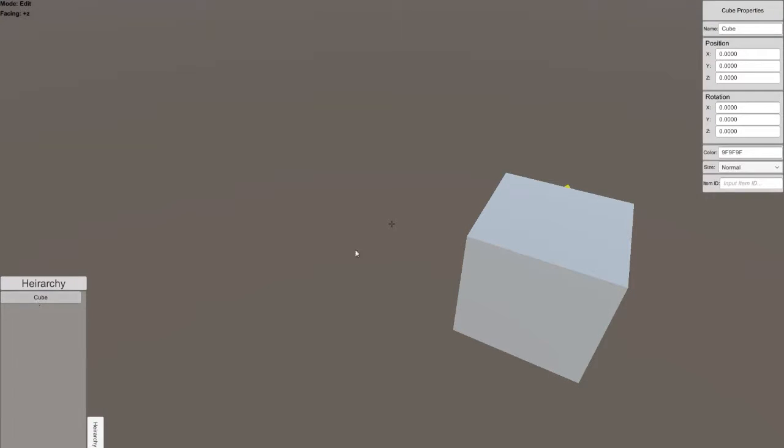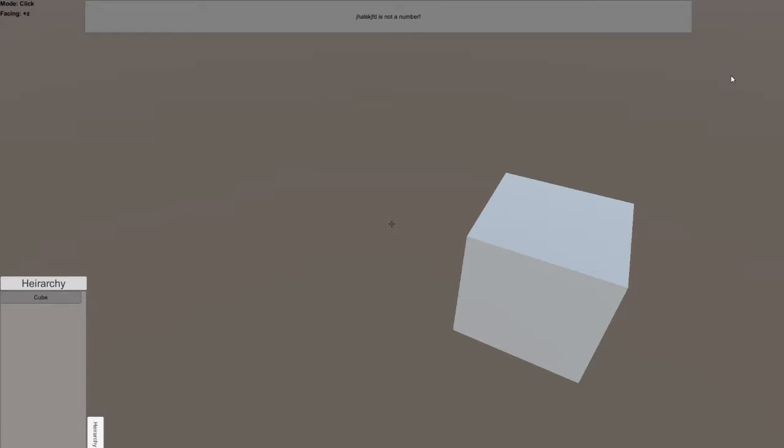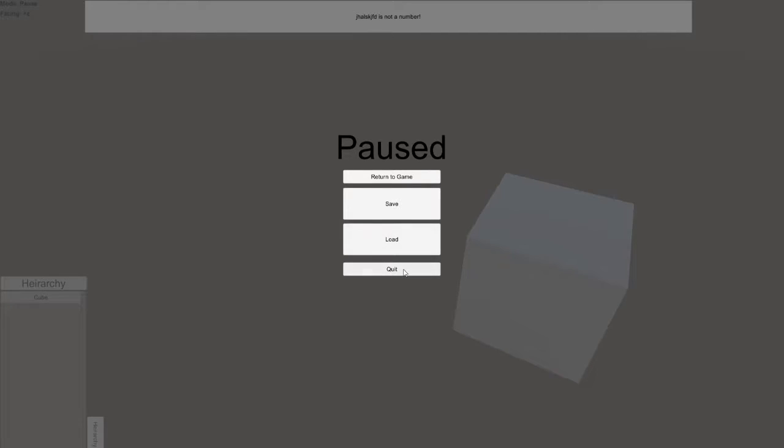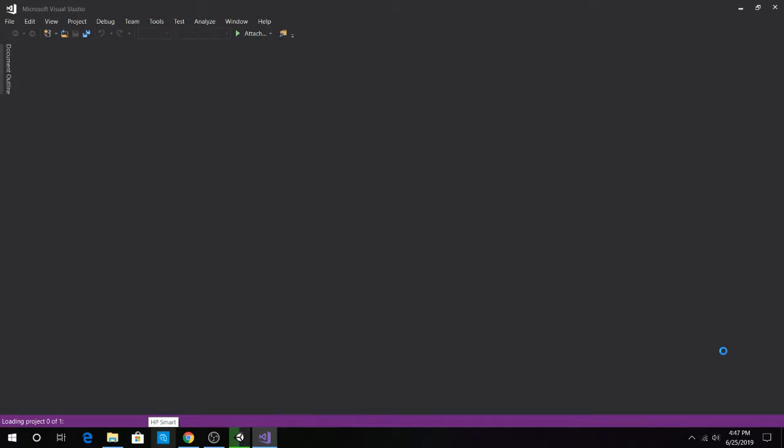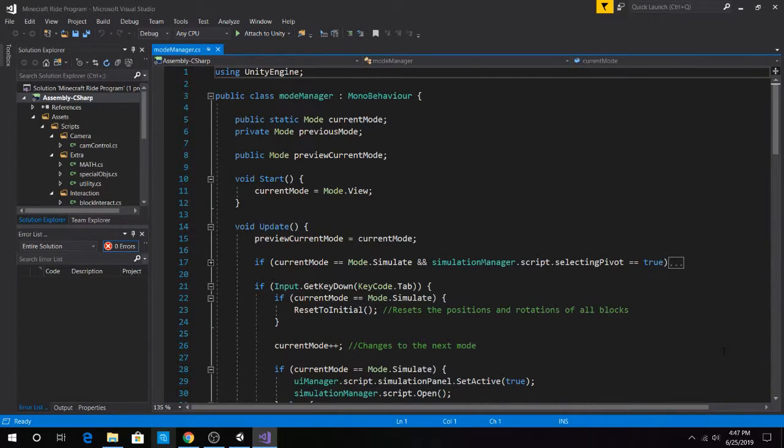How does the hierarchy look? I still know that the button actually moves up and down, but I don't care. Let me do this. Okay, I also think I should do something. I noticed that if I press enter, it kind of just changes things and it makes things a little awkward. So let me go back to the mode manager, because I've always been struggling with controls. If you press enter,